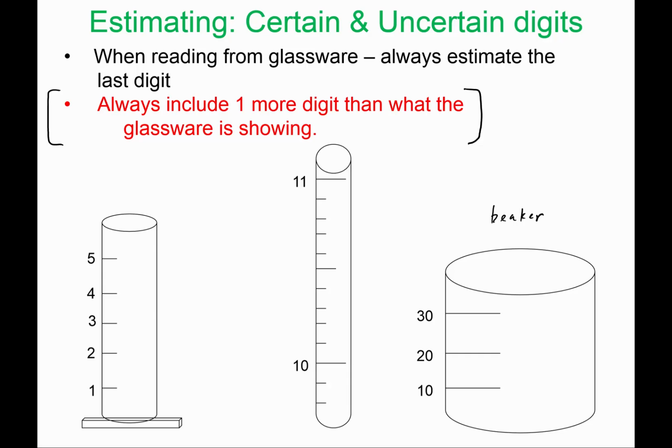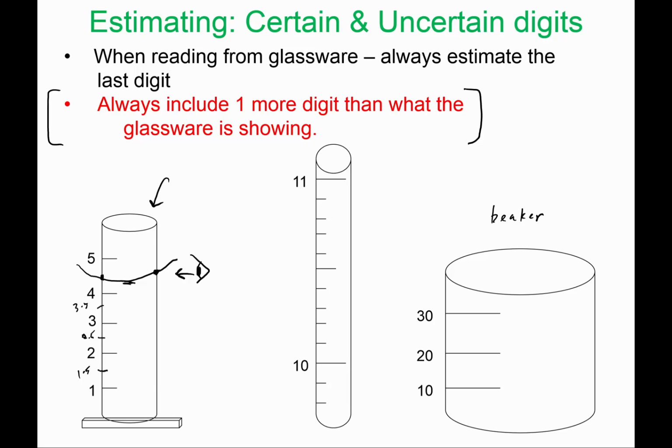So let's take a look at some examples here. Let's say you filled this up with water, and then you'll see what's called a meniscus, which is kind of like the glass is hydrophilic, so water sticks to the sides, and then the middle part of the water hangs down and creates this spot right here. So this is where you want to take your reading. You want to get eye level with the glassware and then try to read it from there. And so how would you report this number? Each one of these is going up by 1. So this must be 1.5, and this must be 2.5,